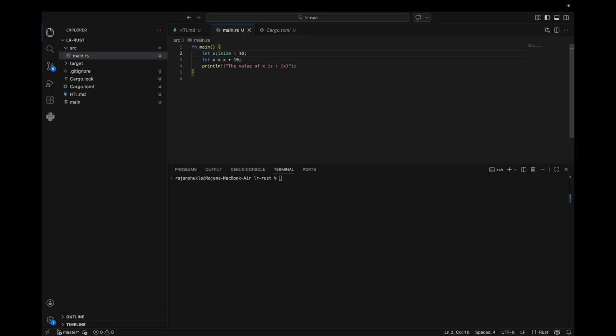Just to give you an idea, each signed variant can store from minus 2 to the power n minus 1 to plus 2 to the power n minus 1 minus 1. And the unsigned one is usually 0 to 2 to the power n minus 1. This is the range. And there are other data types. There are other scalar types like hexadecimal, octal, and binary representation of numbers that you can also do in Rust as well. And we will go more into that. If you want to declare a float,